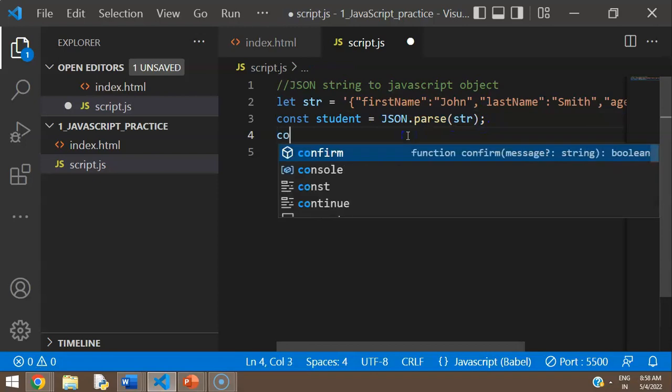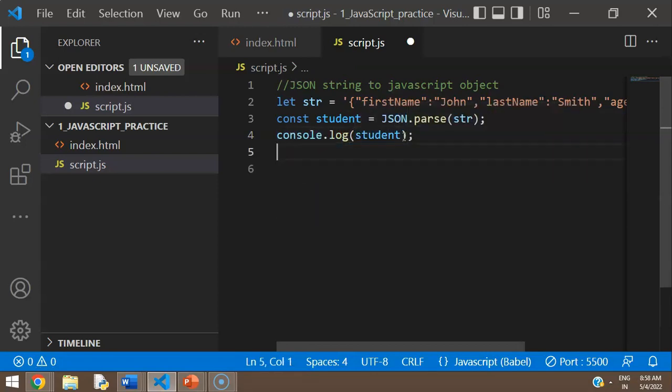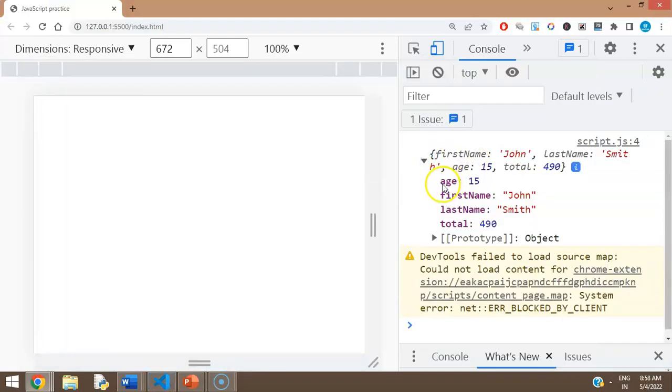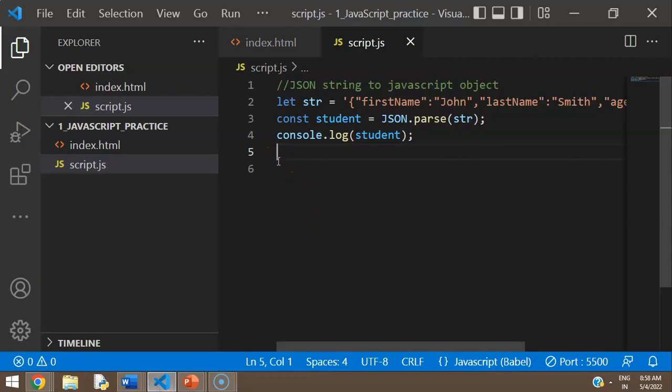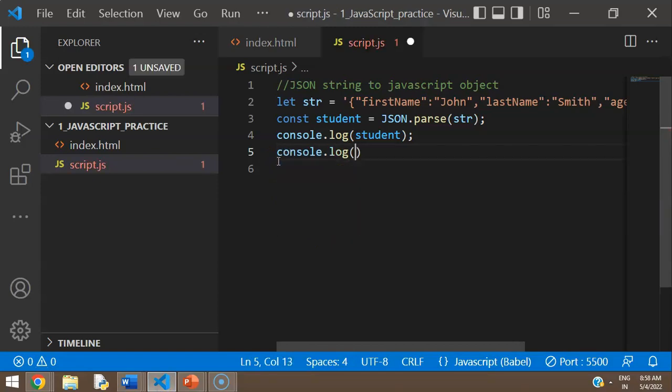Now if I do a console.log of the student, you'll see exactly what I get. See, I have a proper object. These aren't encased within quotes, if you notice. So it's now an object, right? And I can actually check if it's an object. For example, I can do another console.log and see if I can get the values. So